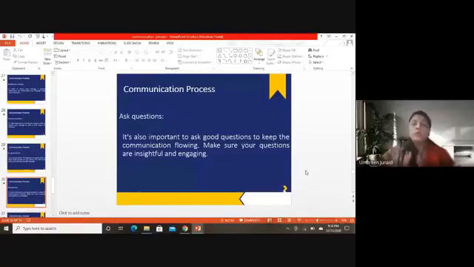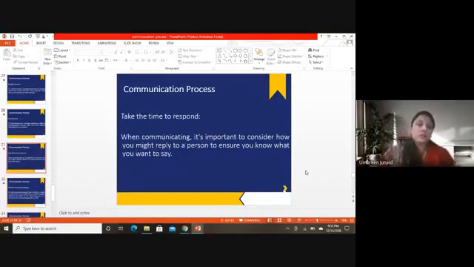Another very important thing is engagement. What is important? Ask questions. When you ask a question, the other person answers, you ask something again, the other person answers. Maybe this time this person will ask a question of you and you will answer it. In this way, attending to queries gives us a margin to understand the matter very deeply, and we get insights into the matter. So it is very important that you ask questions during the communication process.